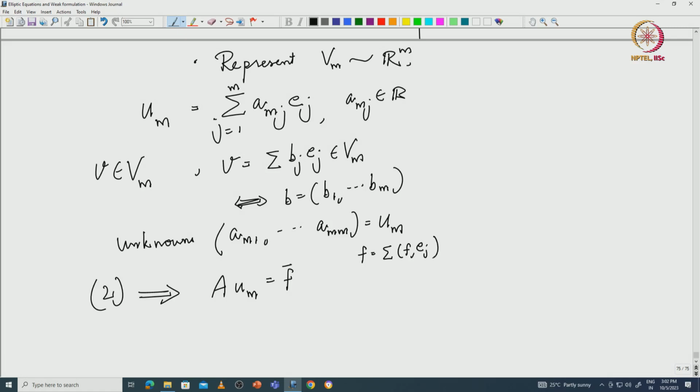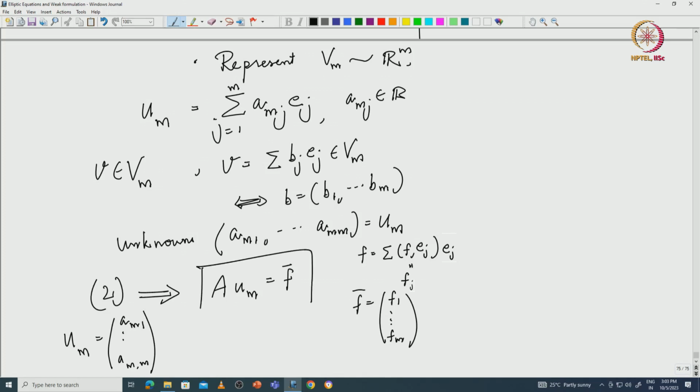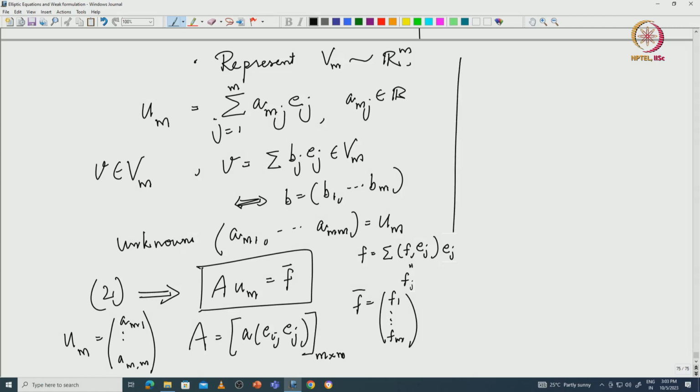This is what you do for everything, and call it f1, and then you have your f bar, which you write in column form. Also you write the corresponding components a_m1, etc., in column form. So, you will have your finite dimensional equation. A is equal to the matrix a(e_i, e_j), an m by m matrix, and by ellipticity of small a,